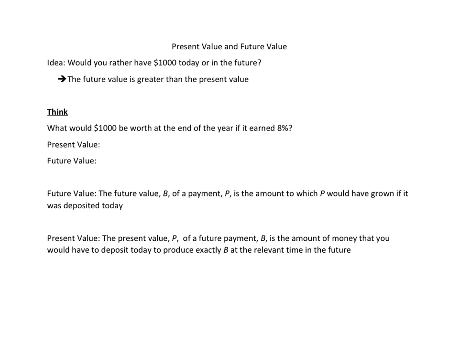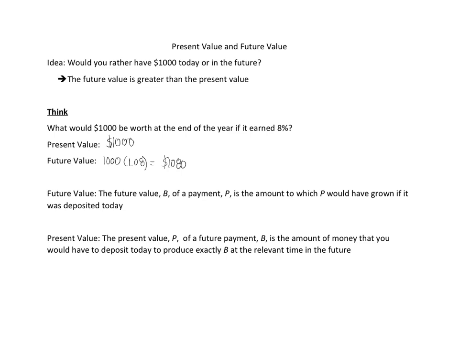So perhaps let's say, what would $1,000 be worth at the end of the year if it earned 8%? Well, today it's worth $1,000. But in the future, it's not just worth 1,000, it's worth 1,000 plus the 8%. So we would say that's 1,000 times 1.08, a future value of $1,080. So two different value amounts representing the same sum of money. Today it's $1,000, but we would want $1,080 in the future if we were going to wait a year to